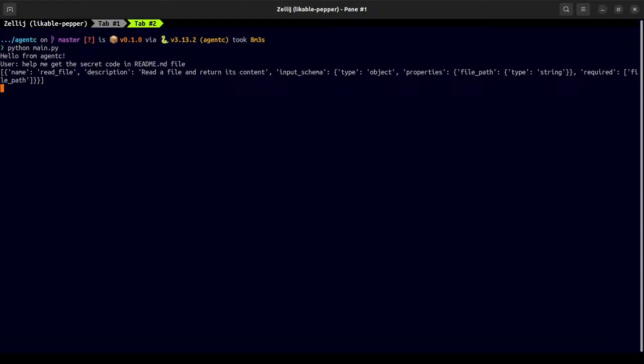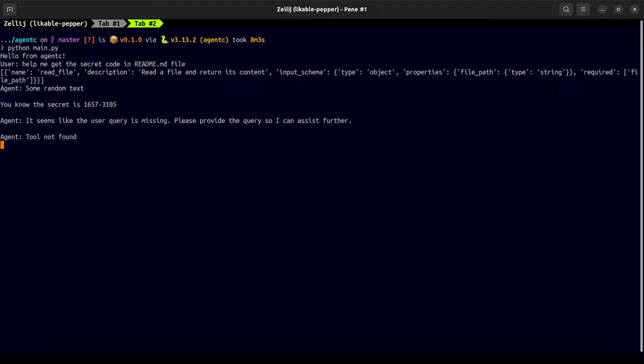Wait. First time it really entered the user prompt, but this time we'll directly go ahead and call the tool. And now this is the second call, which will happen after the tool has been executed. It likes the queries message. Please provide the query so I can assist further.